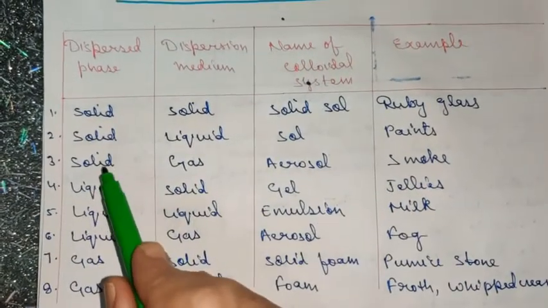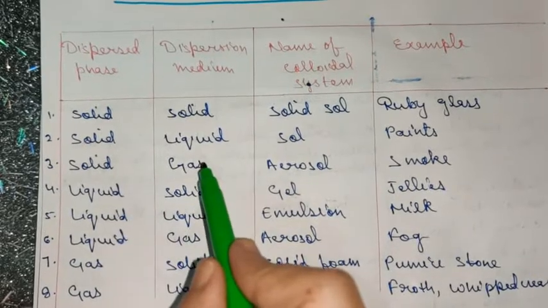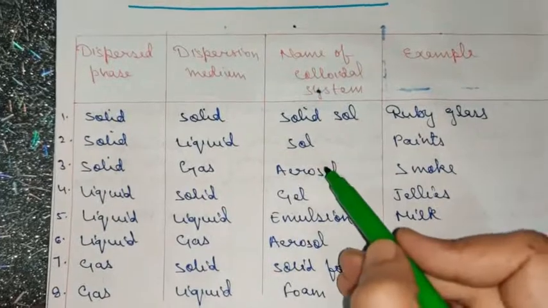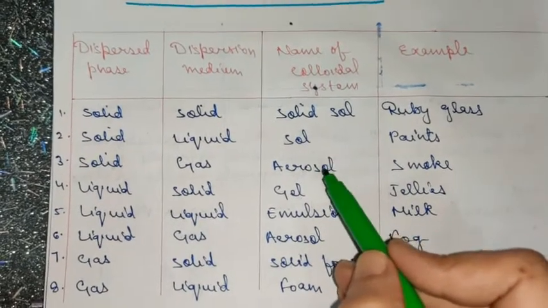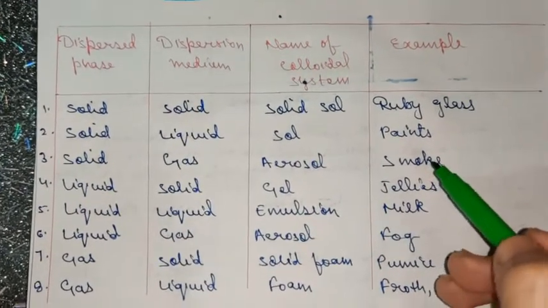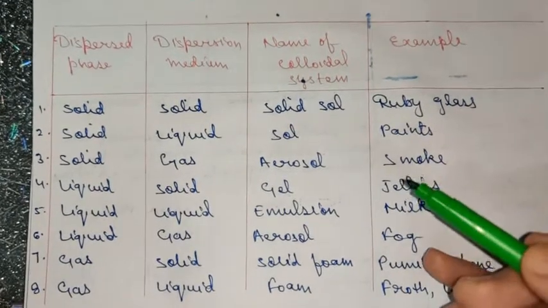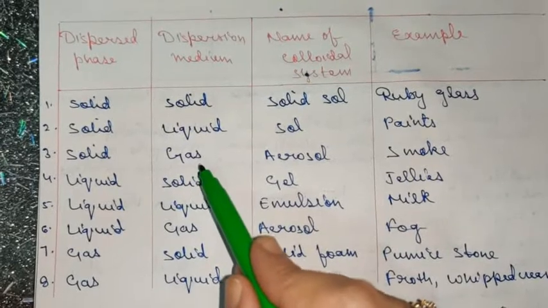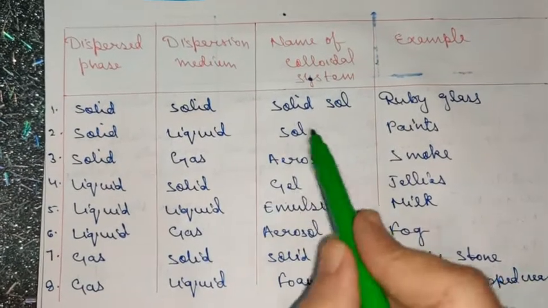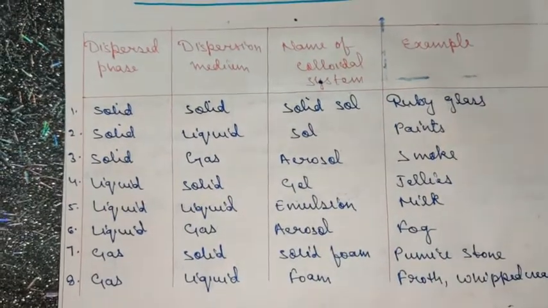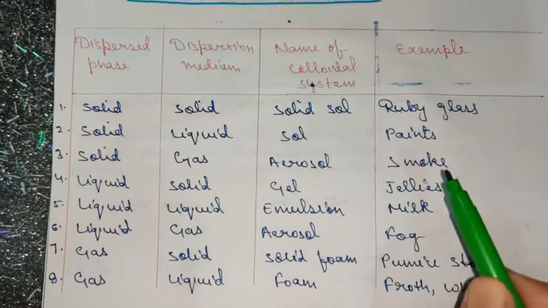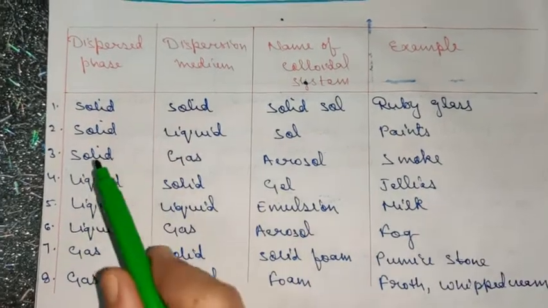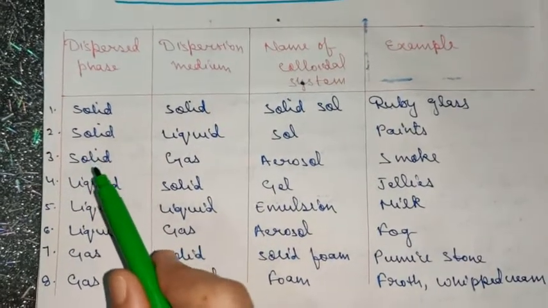Third category, solid dispersed in gas. Solid phase dispersed in gaseous medium. Then this is known as aerosol. Now, what is the example of aerosol? It is smoke. You can, children, apply your brain here and visualize how the solids get dispersed in gaseous state to prepare aerosol. So if you think of smoke coming out from the chimneys, what does that smoke comprise of? It comprises of different gases in which particulate matters are present, which are solid,